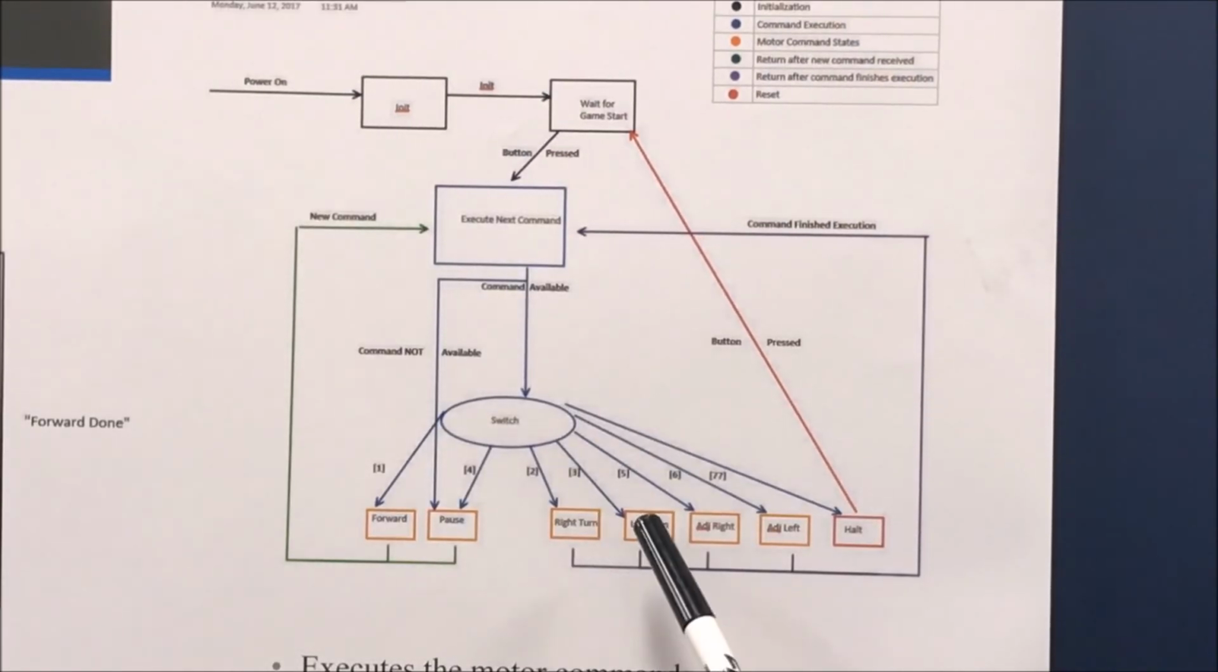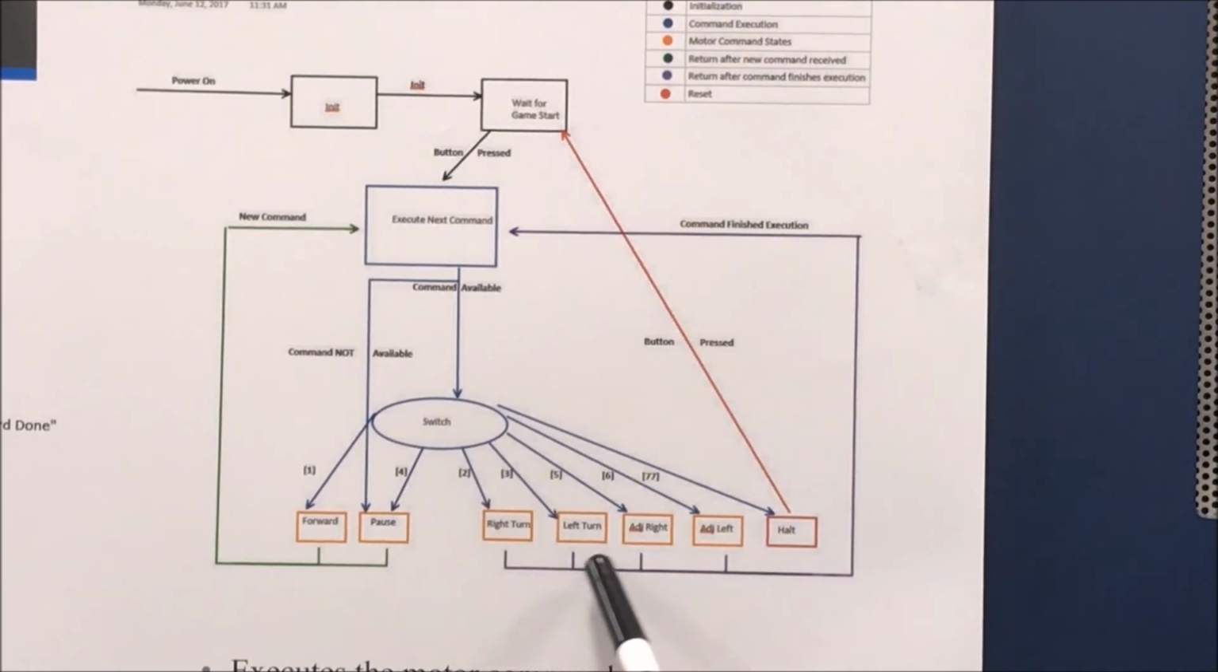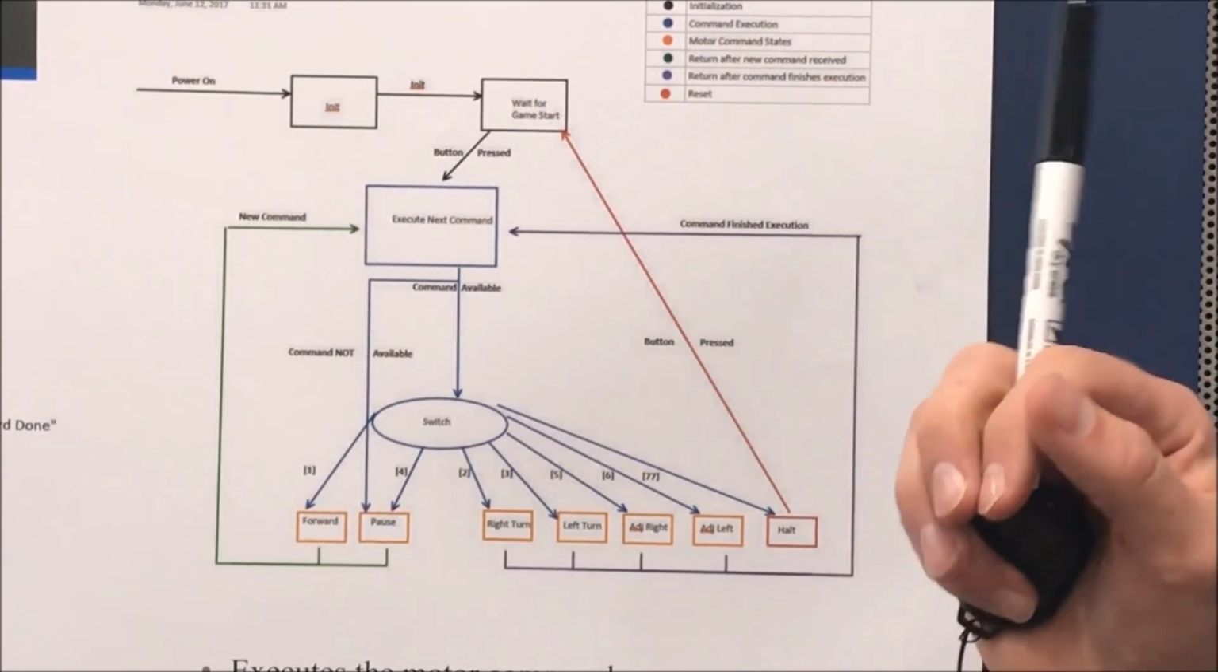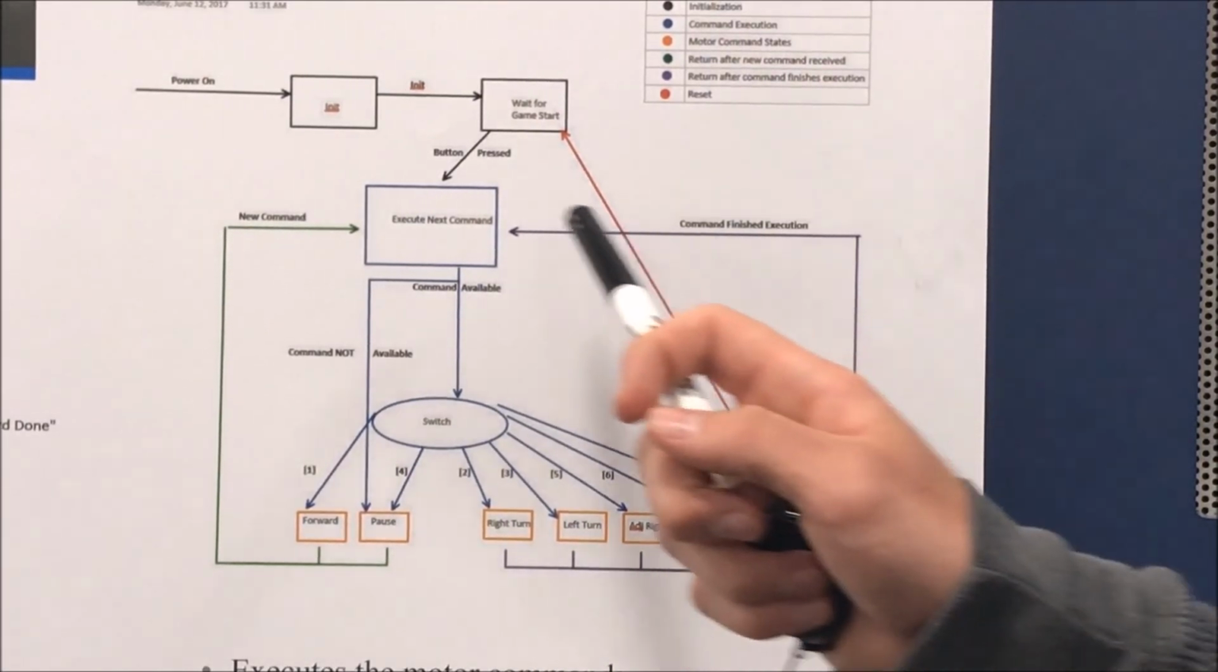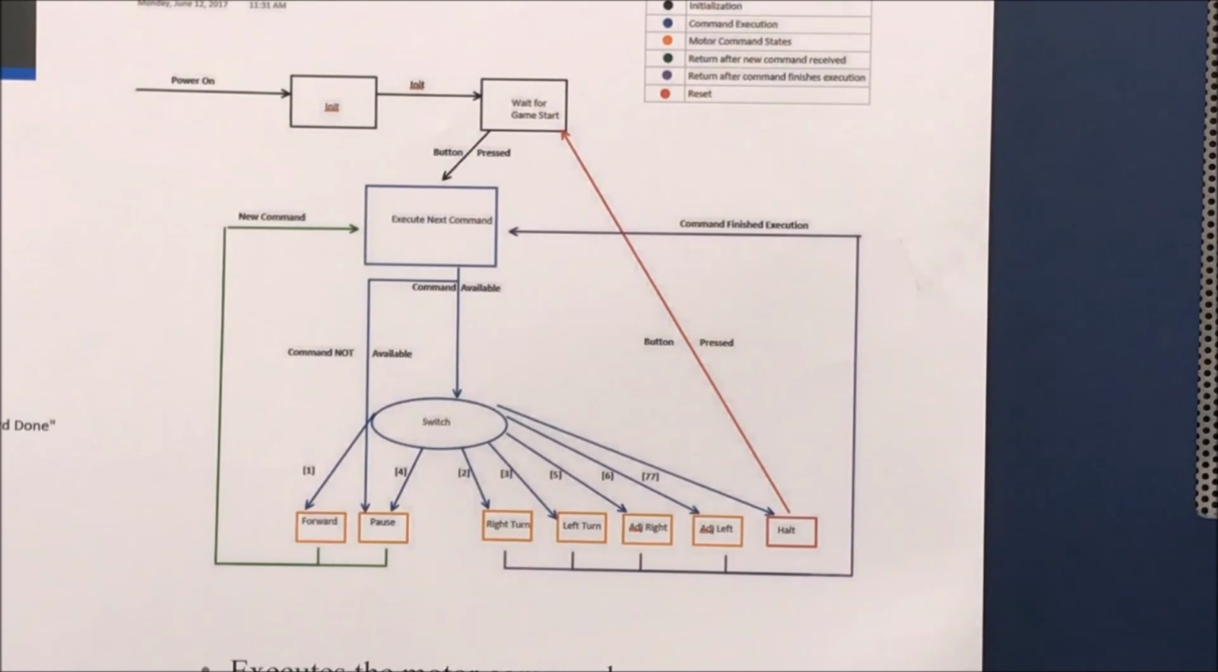The right turn, left turn, adjust right, and adjust left commands all operate on a timer sequence. While they're in any of the turn states, they do not accept any commands from the sensor thread, but instead send a signal to the sensor thread telling it that the motors are busy and not able to accept a command right now. Once these commands are finished executing, it then sends a motor free signal to the sensor to tell it to remain